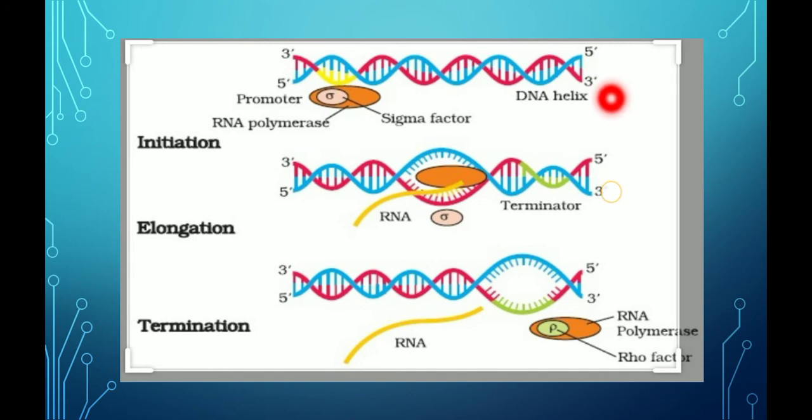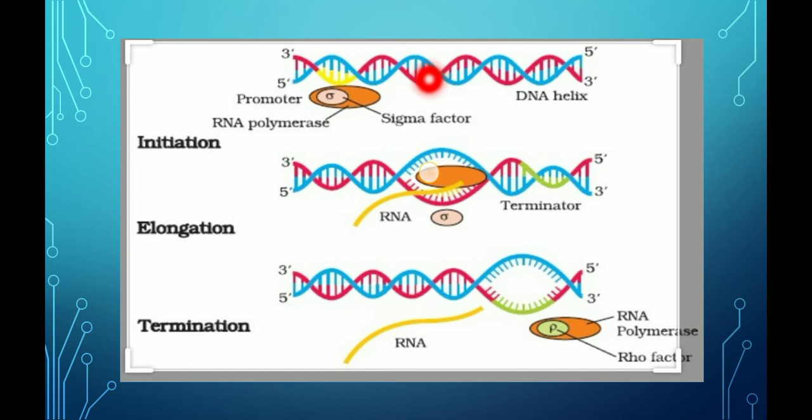During the process of transcription, the strand which runs in the 3' to 5' direction acts as the template strand. On that template strand, the DNA dependent RNA polymerase enzyme, with the help of the sigma factor, identifies the promoter region and binds to it, and the process of transcription begins. It uses nucleoside triphosphates as substrates and polymerizes in a template dependent fashion following the rule of complementarity. It also helps in opening of the helix and in the elongation process.